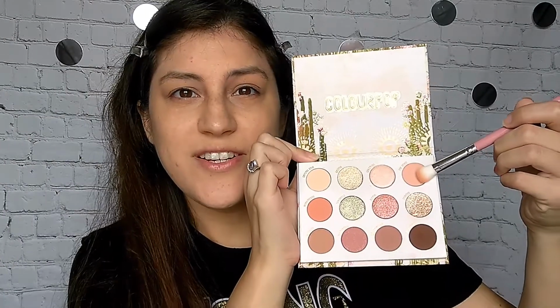Also, I purchased the brand new Air Volume from L'Oreal, their Air Volume Mascara. This is their waterproof version of the formula, and yeah, we are going to try these out and see how they perform. So the first color I'll use today on a